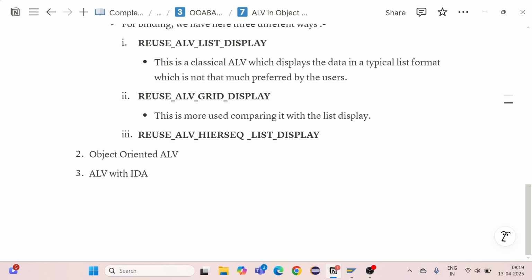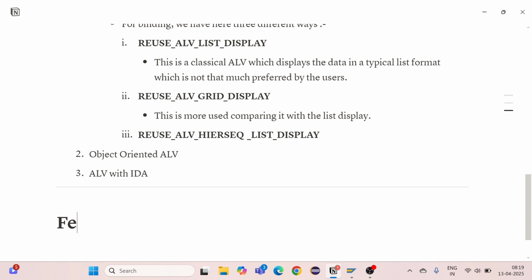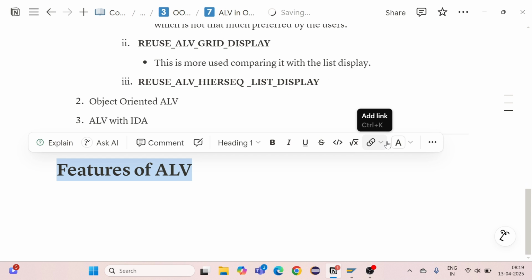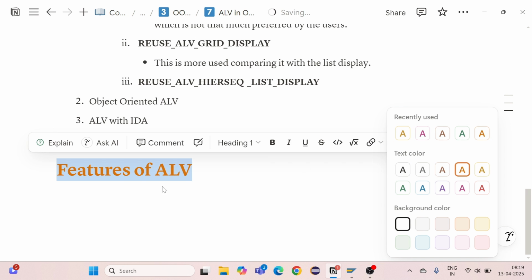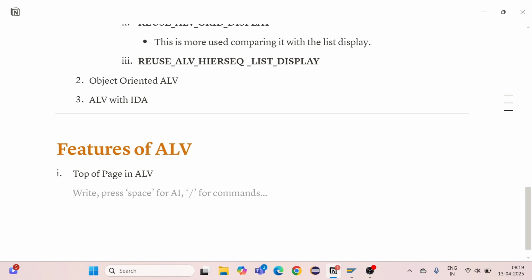So what I'm going to say, write it here. Features of ALV. So one of the most important ones is top of page in ALV. Yes. We can give a header for our ALV output as a top of page,